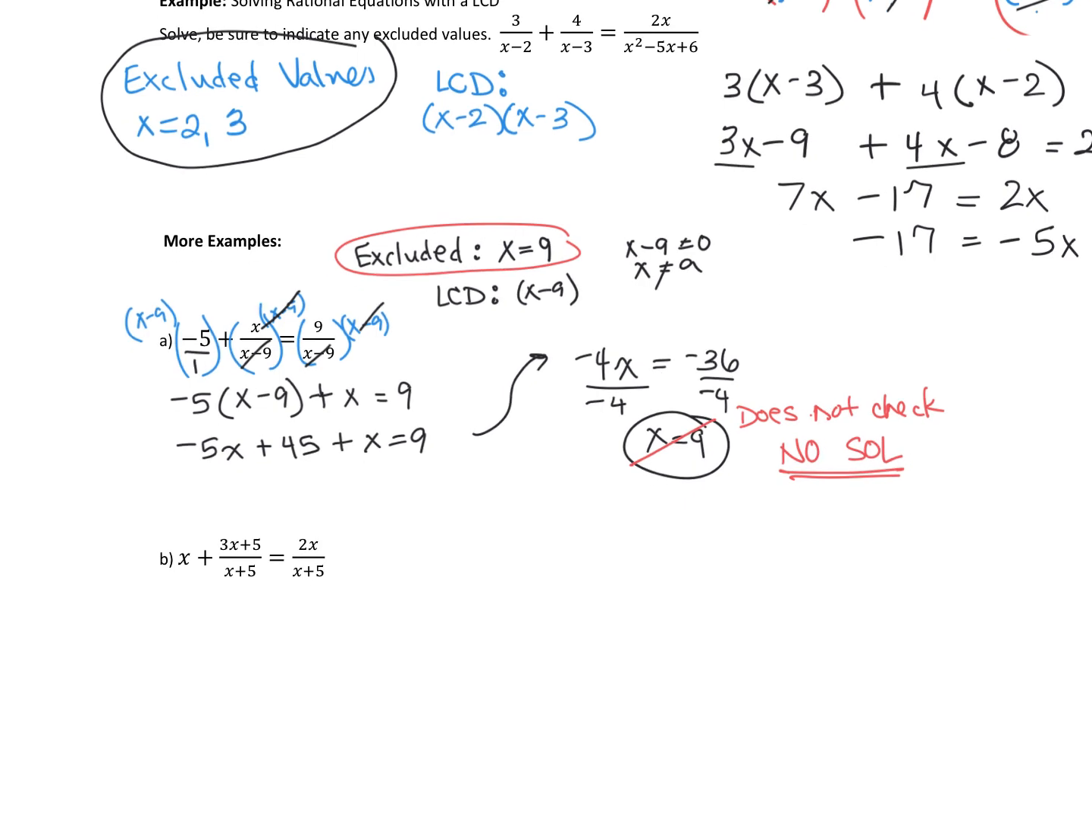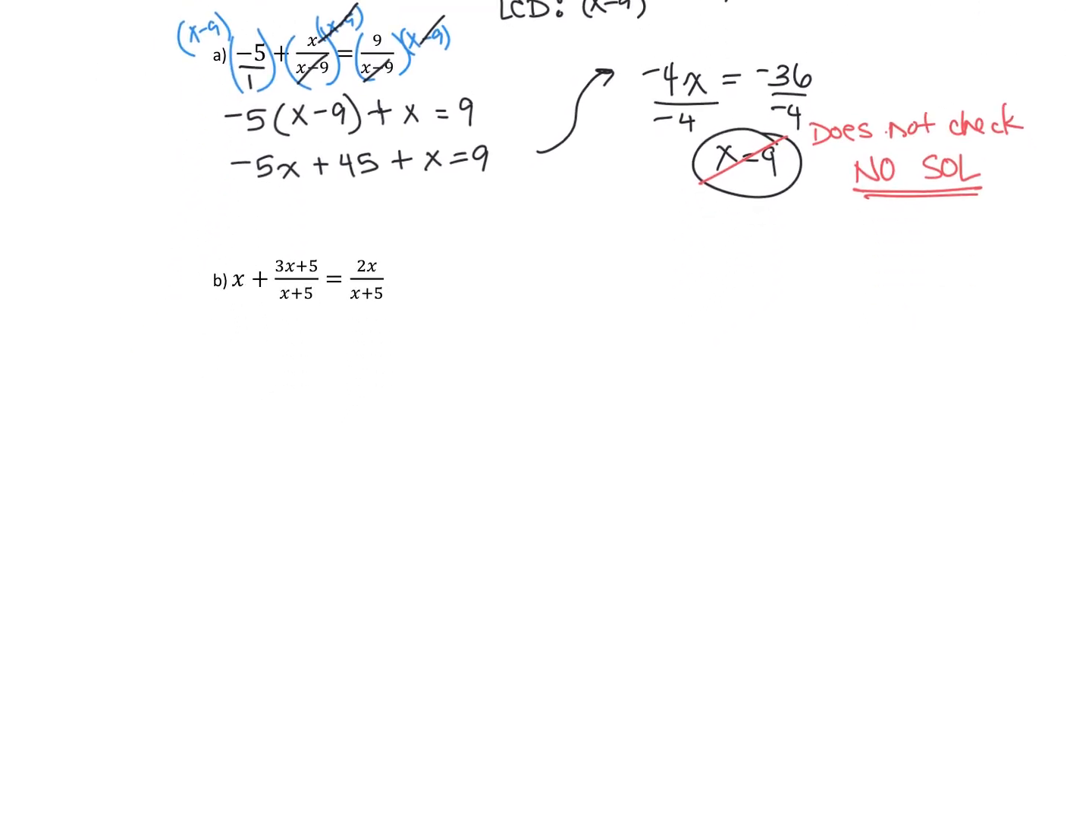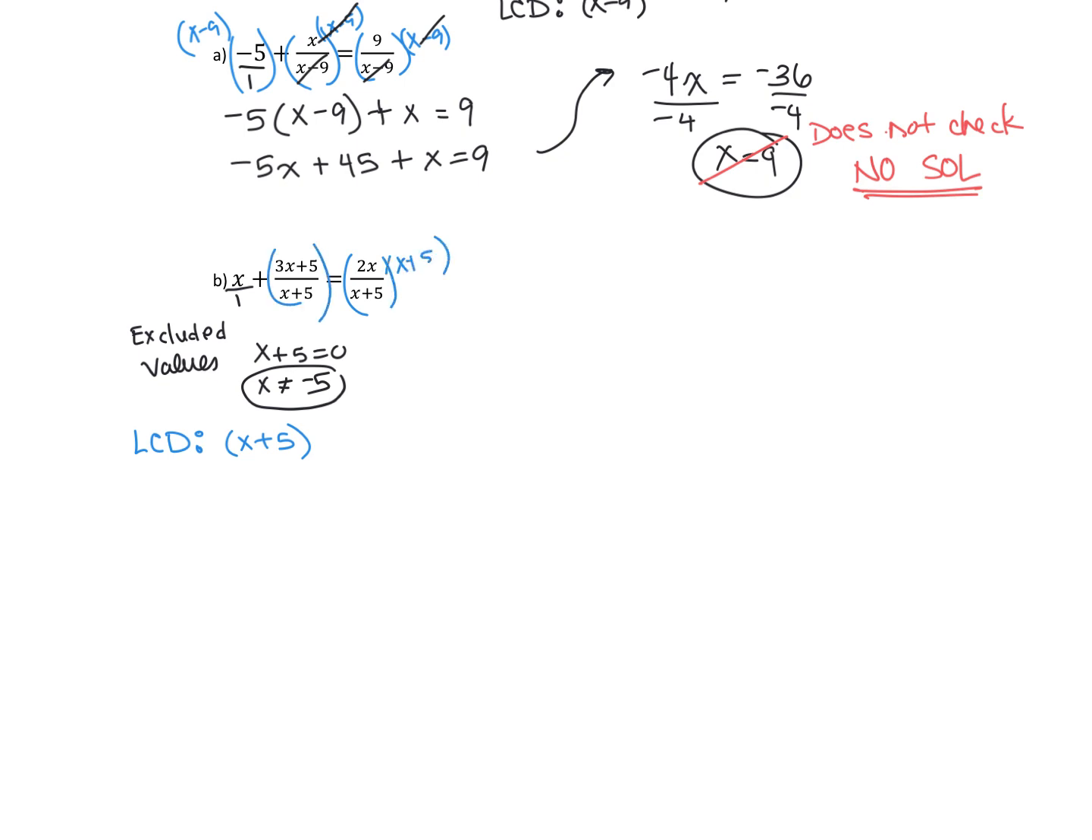All right, we've got one more. Let's take a look. I'm going to first write this x over 1, and I'm going to identify my excluded values, which, if I set that denominator equal to 0, I can see would be negative 5. So x cannot be negative 5. My least common denominator in this case is x plus 5. And if I multiply everything by x plus 5,